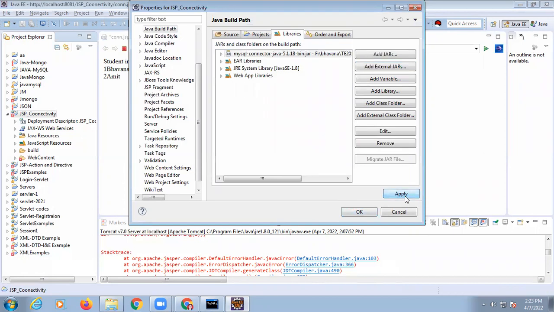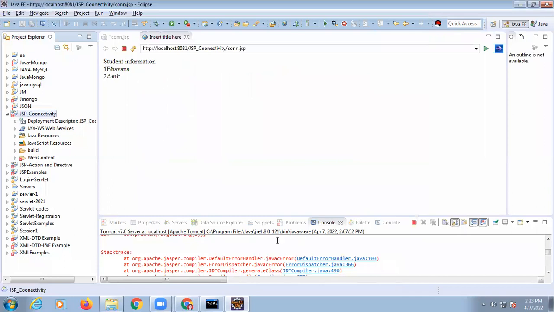If an error comes and it is not showing the data properly, at that time you have to add this connector. Still, if some error is coming and it is not showing the data, what you have to do is copy that connector and paste it in your Tomcat lib and